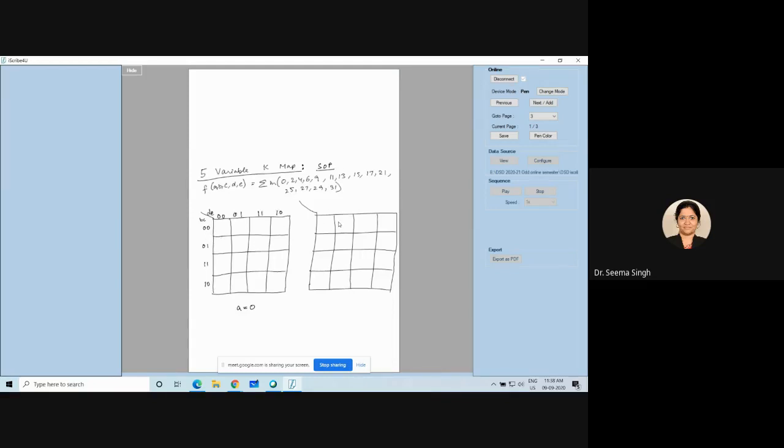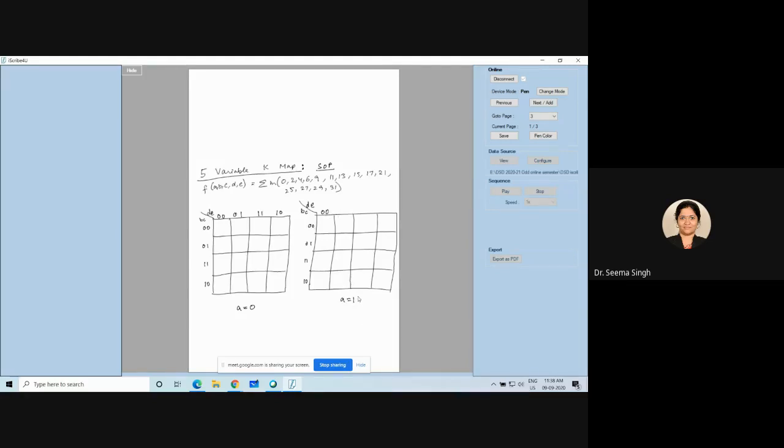And in the same way, the second K map I will keep for A equal to 1. In this A equal to 1 map, your first cell will be what? A is 1 and B, C, D, E is 0, 0, 0, 0.